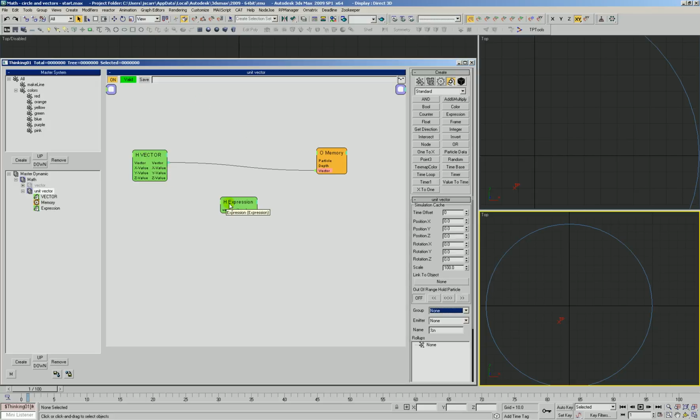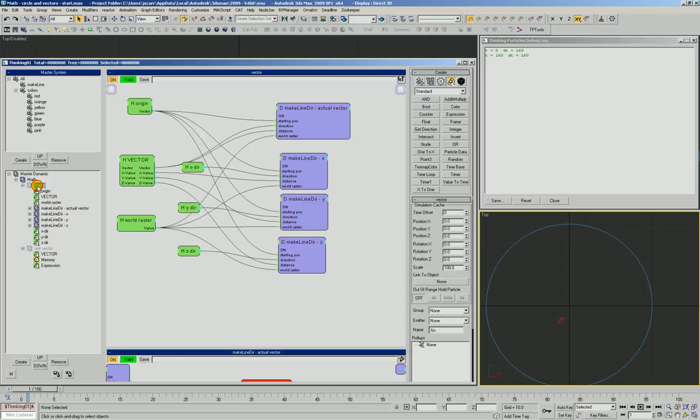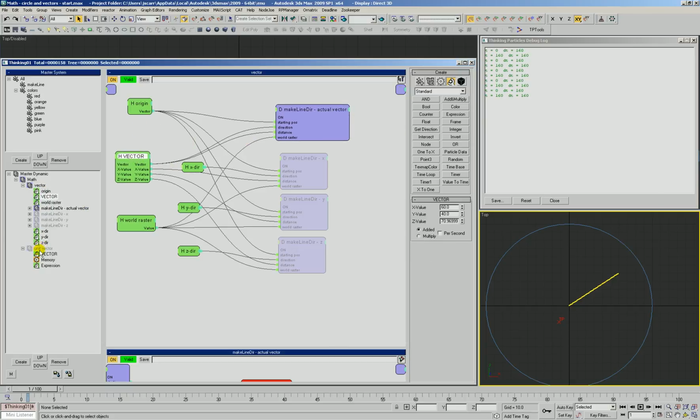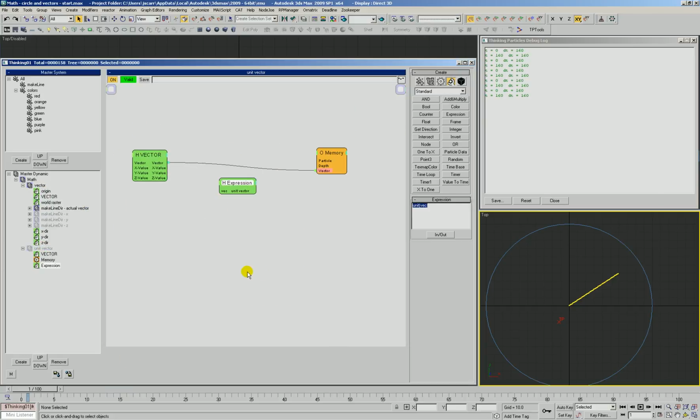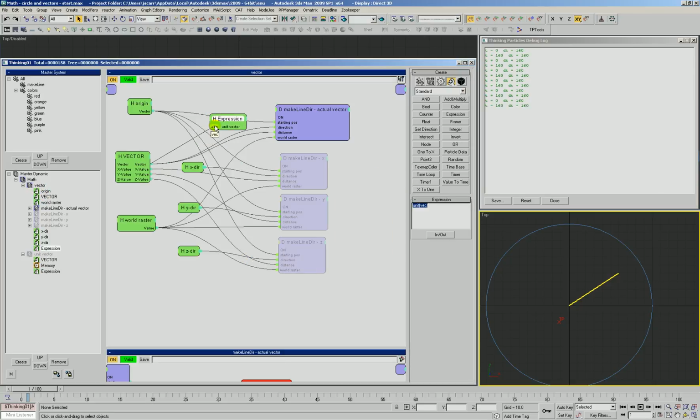Okay, so this is how we would compose a unit vector, and so its length is just going to be 1. Let's go ahead and jump into this first vector rule that we had. And what we're going to do, we'll turn off the components that we were making, and we're going to take our unit expression, take this vector into here, and then feed this into distance. Now, of course, let's clear our right to debug and